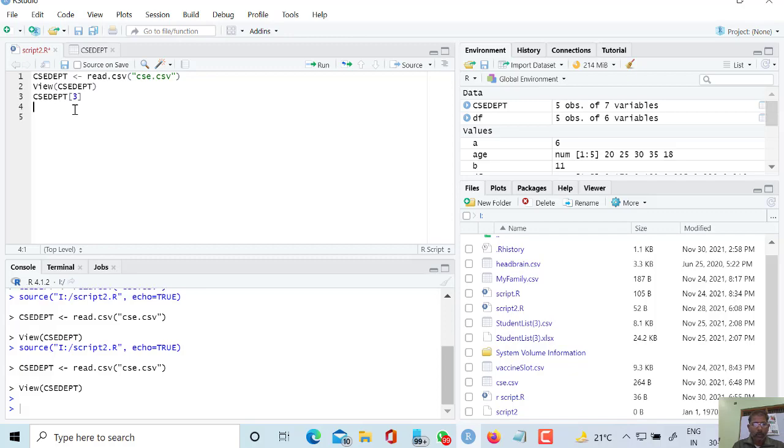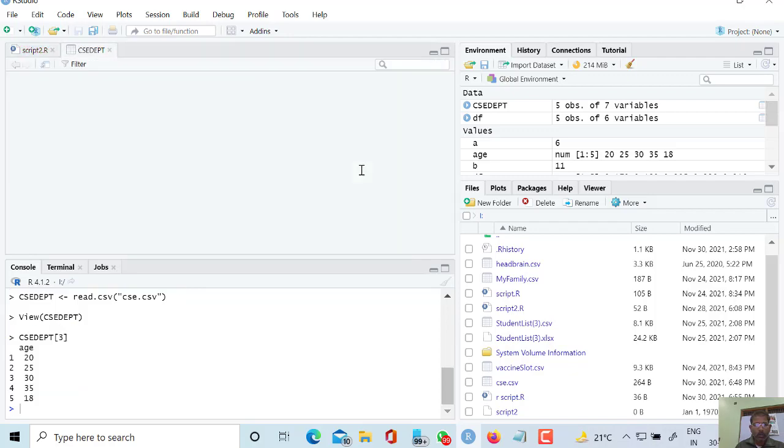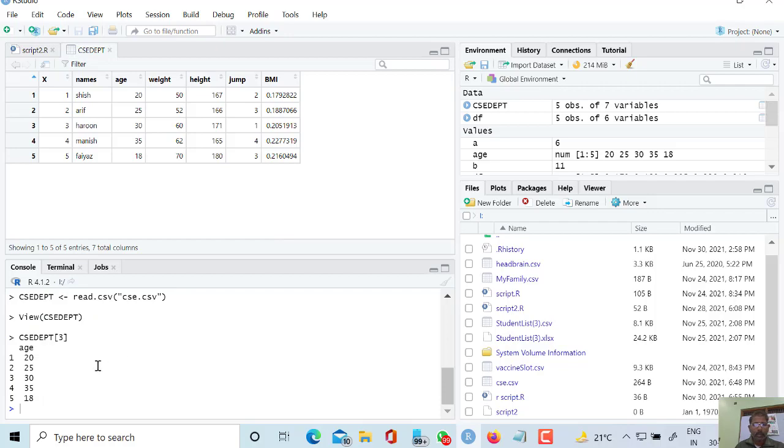Then what should be the output here? Here age has been displayed. So here we can see that 1, 2 and 3, it is the third column. The third column has been displayed here. That means age has been displayed here.